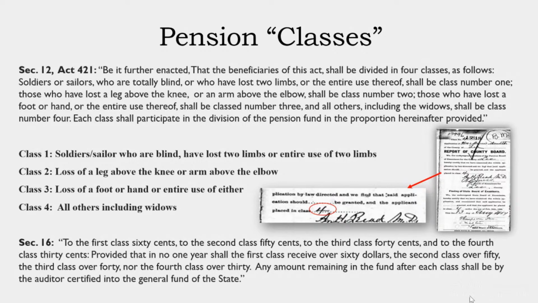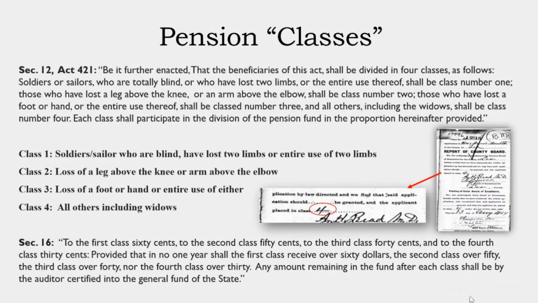Each class shall participate in the division of the pension fund in the proportion hereinafter provided. Class 1, soldiers, sailors who are blind, have lost 2 limbs or entire use of 2 limbs. Class 2, loss of a leg above the knee or arm above the elbow. Class 3, loss of a foot or hand or entire use of either. Class 4, all others including widows. To the first class 60 cents, to the second class 50 cents, to the third class 40 cents, and to the fourth class 30 cents,